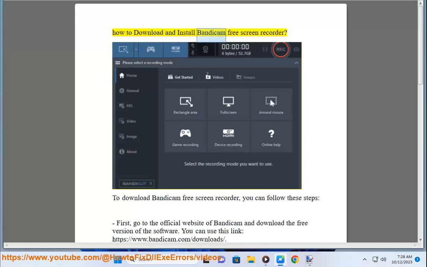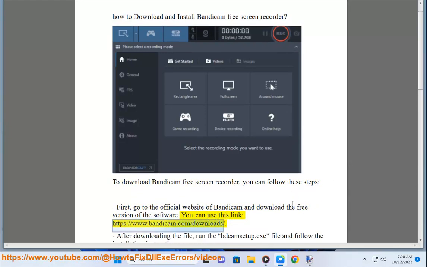How to download and install Bandicam free screen recorder. To download Bandicam free screen recorder, you can follow these steps. First, go to the official website of Bandicam and download the free version of the software. You can use this link,